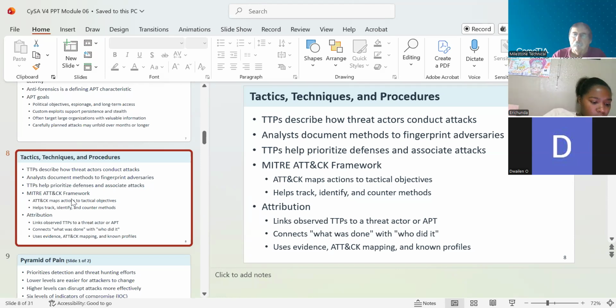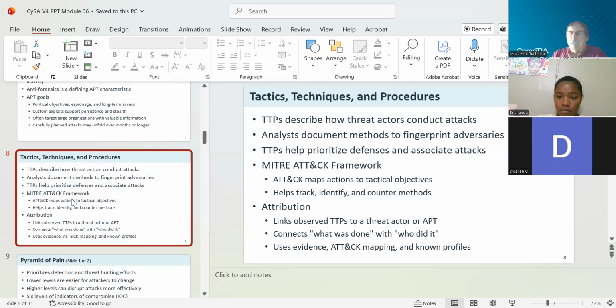Analysts document methods to fingerprint adversaries. Fingerprint just means the techniques that they use, the behavior of these types of threat actors. It's like you're building a profile of how they conduct themselves